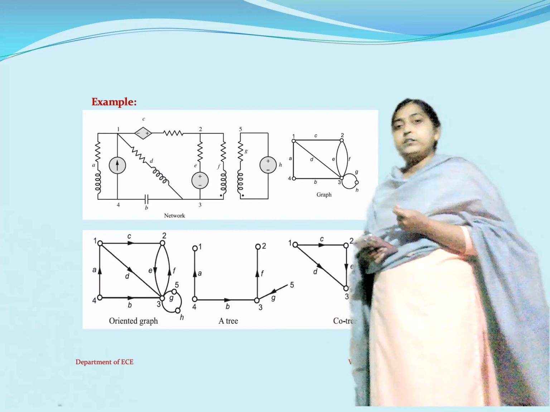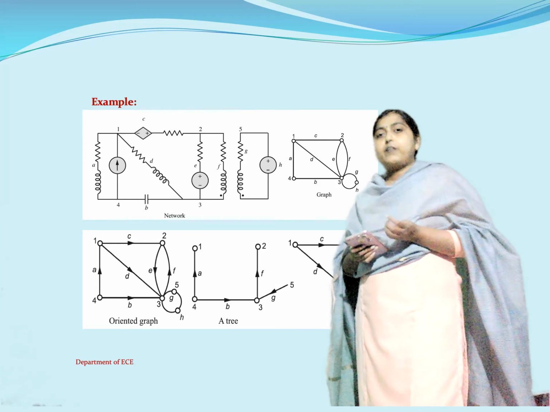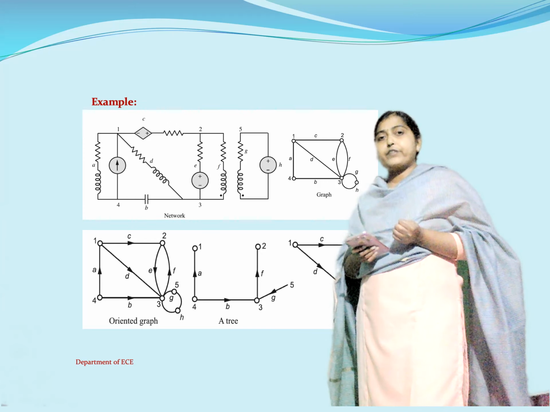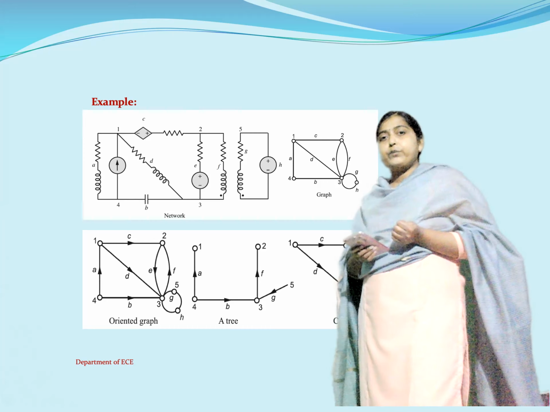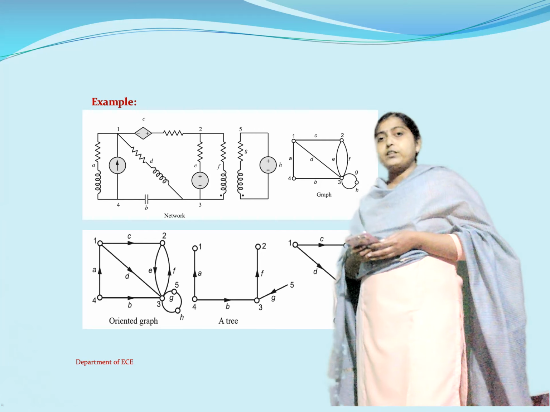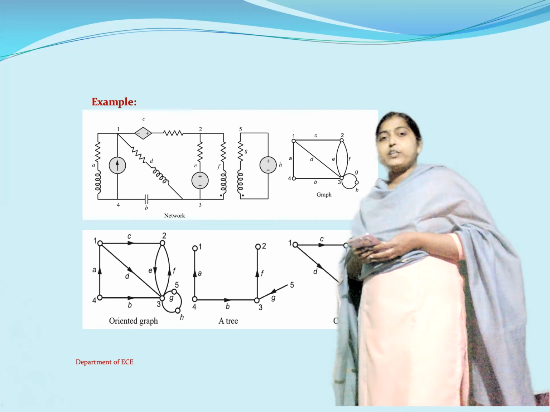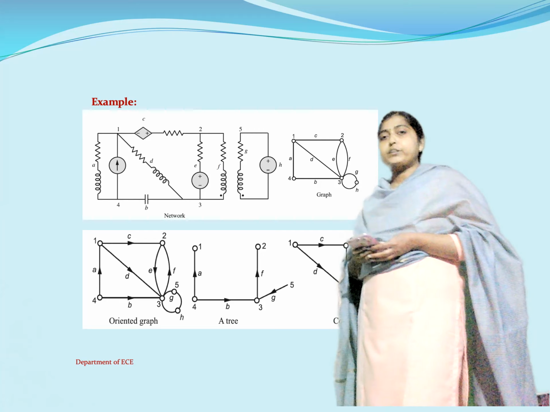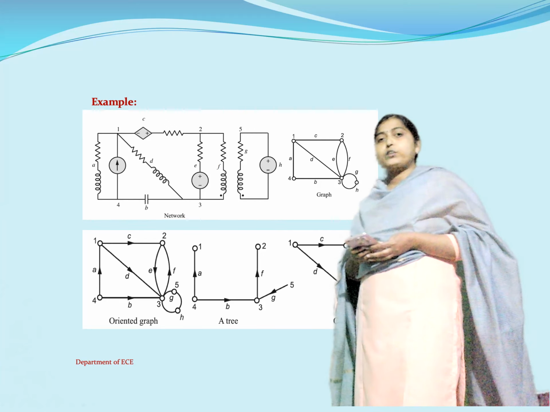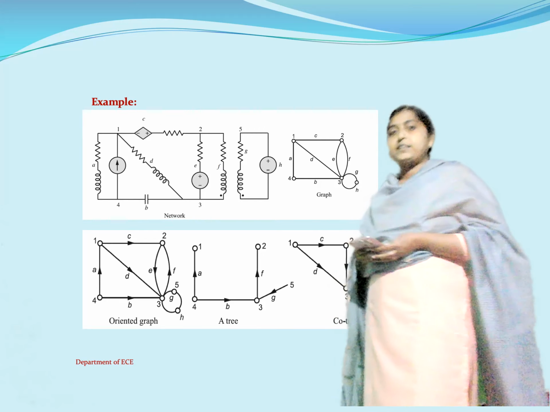Now for this example, you have to plot a graph. This is the graph for that. In order to draw the graph, you have to always remember the rules that we follow to plot the graph. What are the rules here? This particular branch has to be replaced with a line. Now you have a current source, and this current source has to be open circuited. If you look here, no line has been drawn for the current source because this branch has been replaced with an open circuit. This we call a network graph.